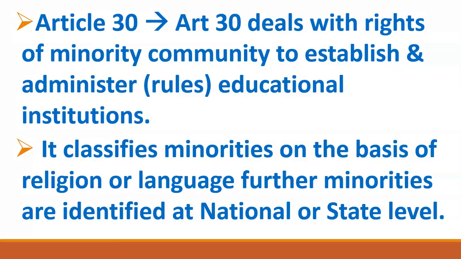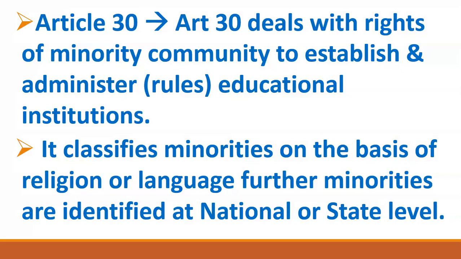So let me give you an example so that you can understand it more clearly. So suppose, friends, we know that in India, at all India level, Hindus are in majority. Means people who follow the Hindu religion, these people are in majority. And other religions are in minority. So definitely we can say that at national level and on the basis of religion. So first of all, we will see on the basis of religion. So we can say on the basis of religion, at national level, Hindus are in majority.